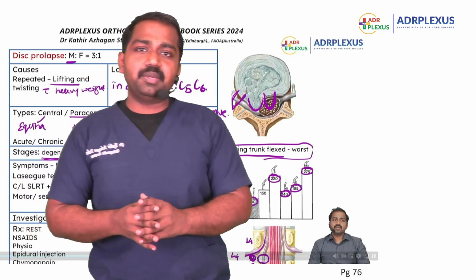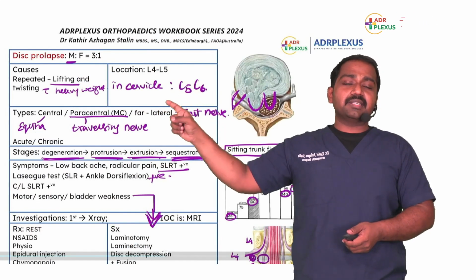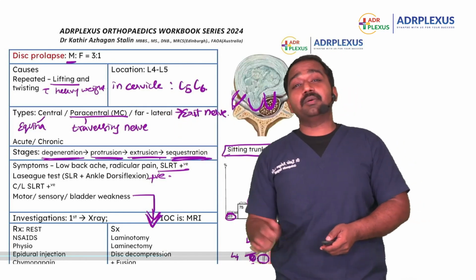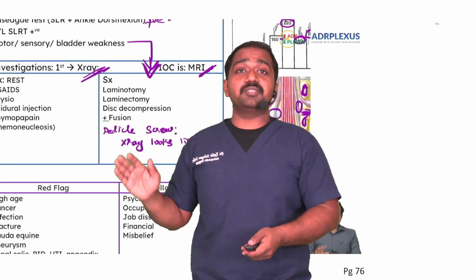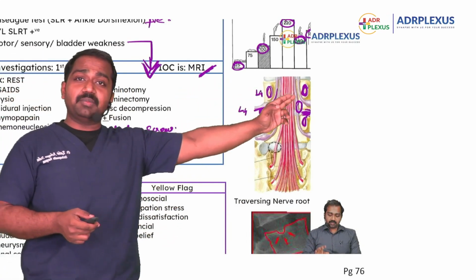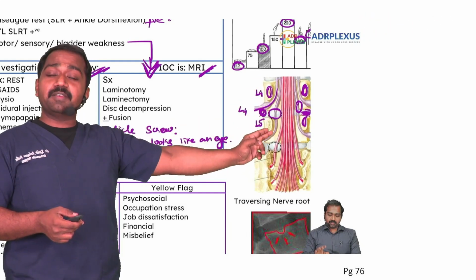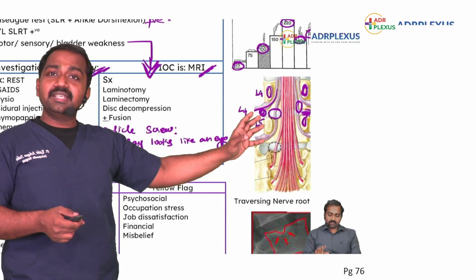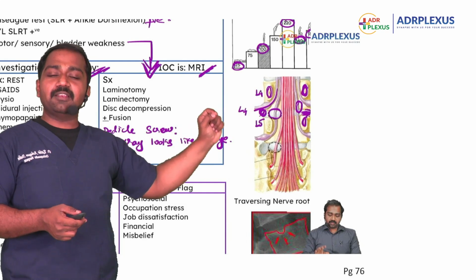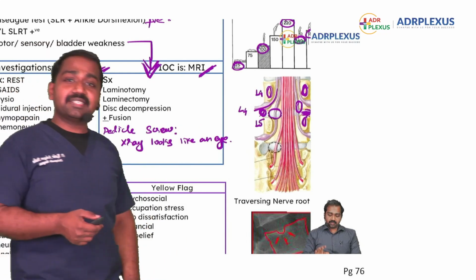The types of disc prolapse can be a central disc prolapse, paracentral disc prolapse and far lateral disc prolapse. But paracentral disc prolapse is the most common type, and the traversing nerve root is affected. And what do you mean by the word traversing nerve root? In the same page, we have described. Whenever you see an L4 vertebra and L5 vertebra, the nerve which is coming out between L4 and L5 vertebra is the L4 nerve root. But during a paracentral disc prolapse,